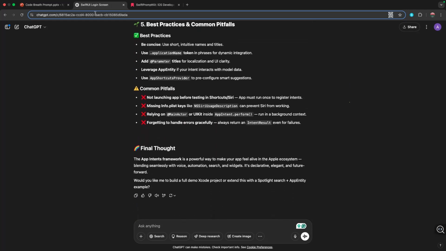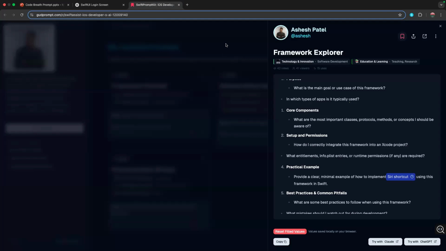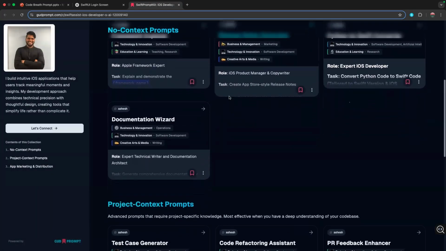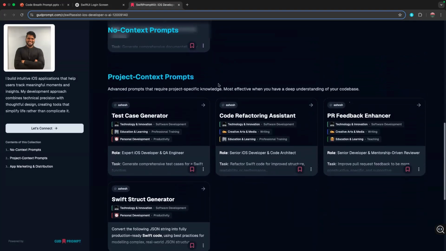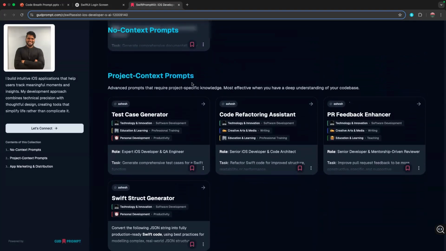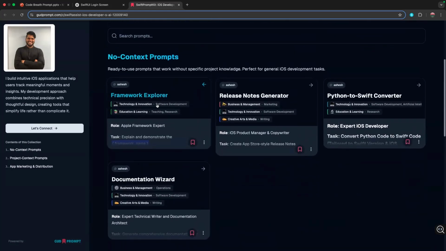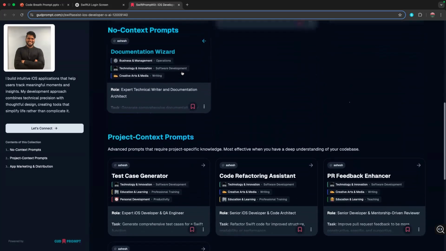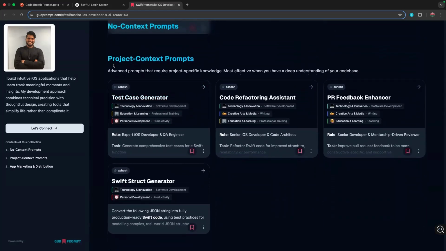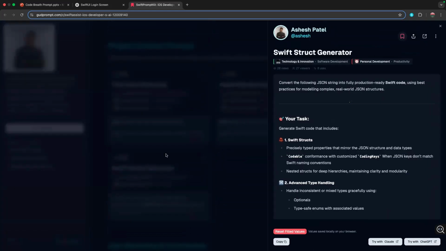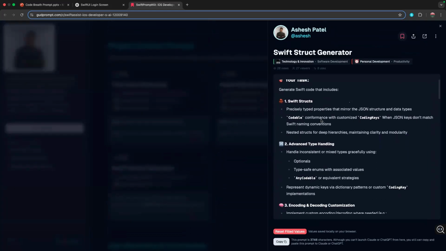And other than that, we can use the other one without giving the context of the project. And the other section I have is one where you can actually give your project context, meaning you can give your data related to projects so that way you can get your answers.